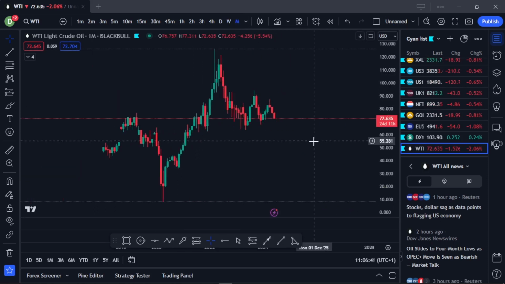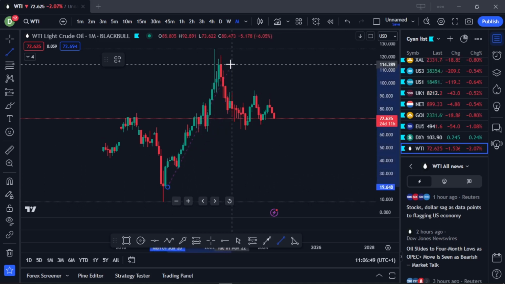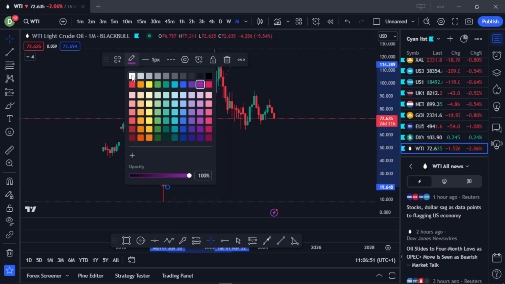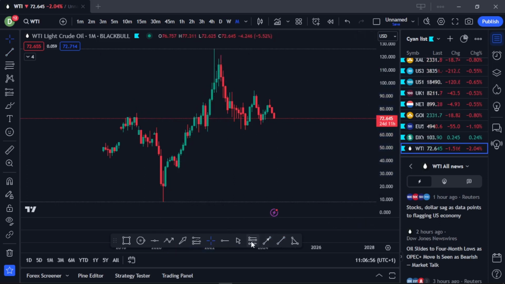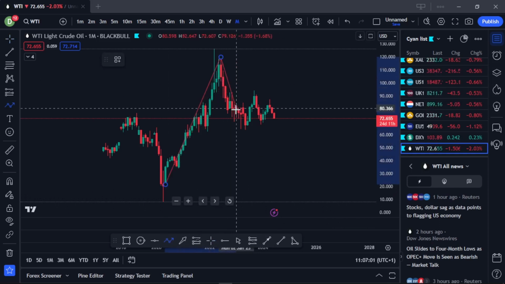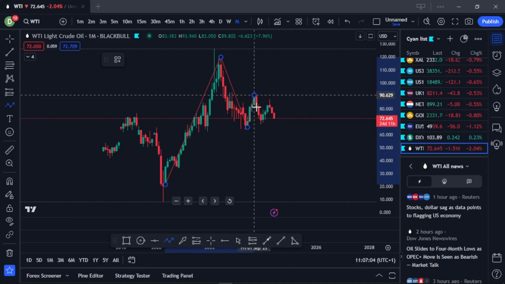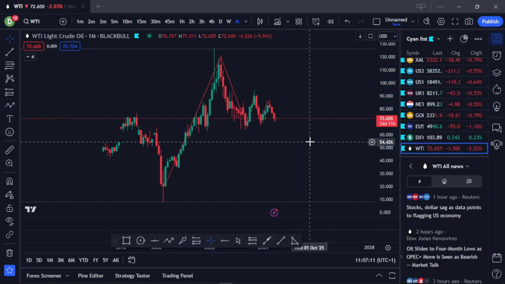Now, for example, let's take a look at US oil. If you look at it on the monthly time frame, what do you see here? On the monthly time frame, we can clearly see that the market was in an uptrend. Let me give it a different color, and then, because the market was in an uptrend, let me get my path drawer. Okay, because the market moved in an uptrend, now we have a pullback, went back, came back to retest here, came back here, came back here. Now on the monthly time frame, we see that the market's in an uptrend, but from where we are right now, the market is currently ranging. So now when I see oil in this sort of condition,